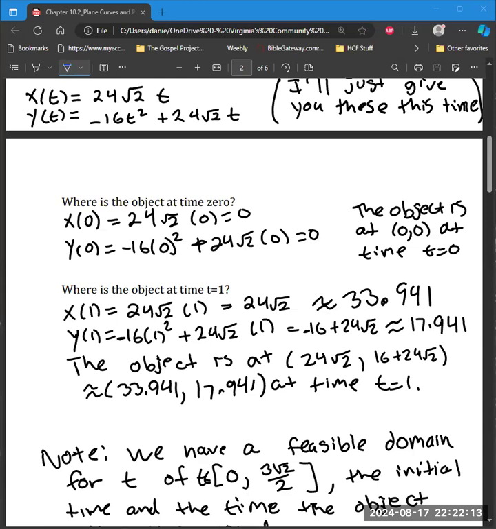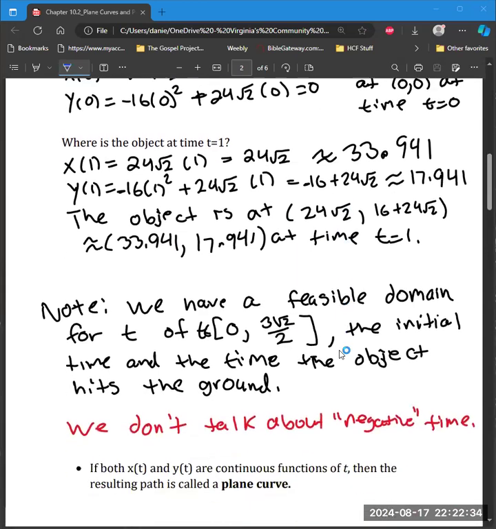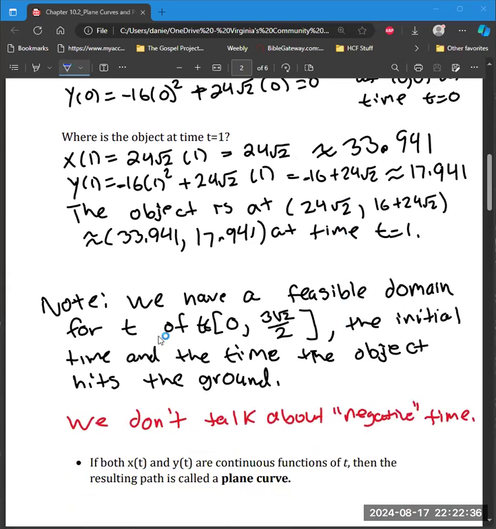And we're going to graph that. There we go. And trace when t is 1. And we get that 33.941 and that 17.941 right there, if that's all that we needed. Note that we have a feasible domain for t of t needs to be an element of 0, 2, and